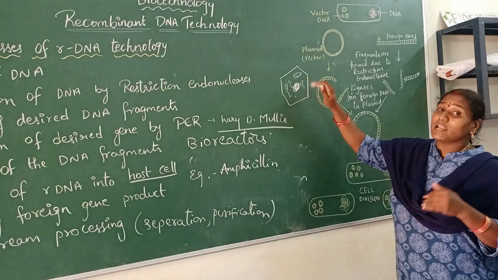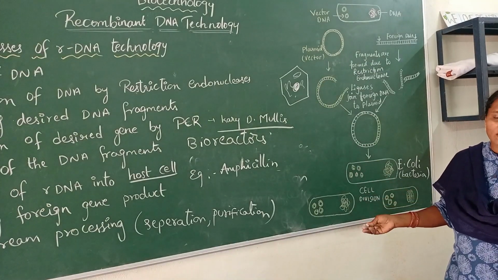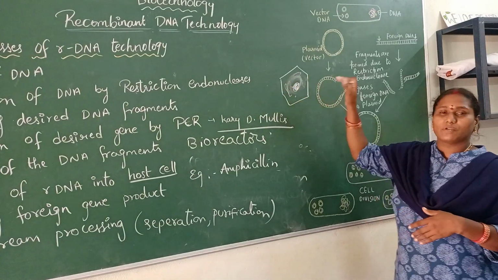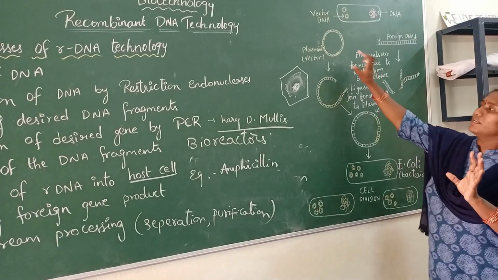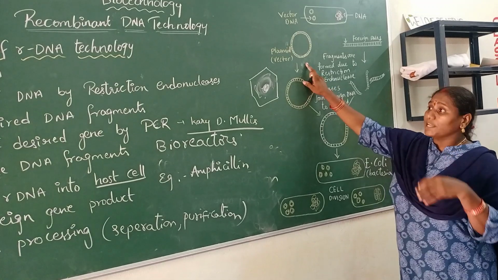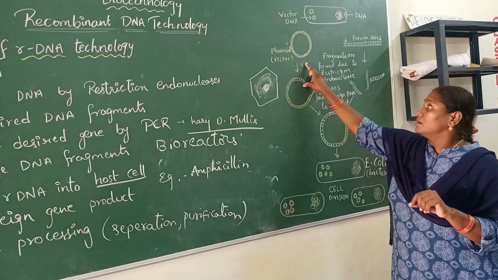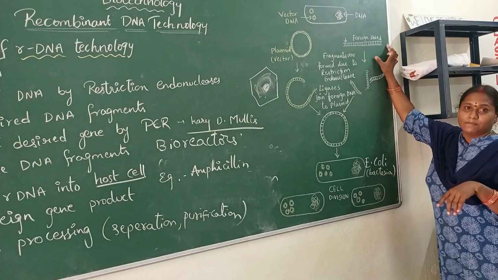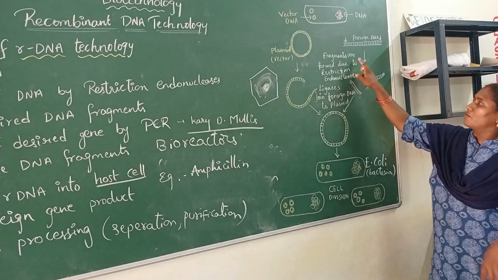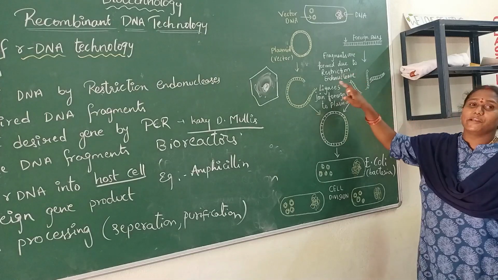So by using several enzymes like lysozymes, cellulases, proteases, RNases, all the remaining elements will be released out, except the DNA molecule. Okay, we took a plasmid DNA here. Now we want to insert a foreign DNA particle, the desired DNA fragment. We took a foreign DNA particle and that should be cut, or fragmented, into small pieces by an enzyme called restriction endonucleases.